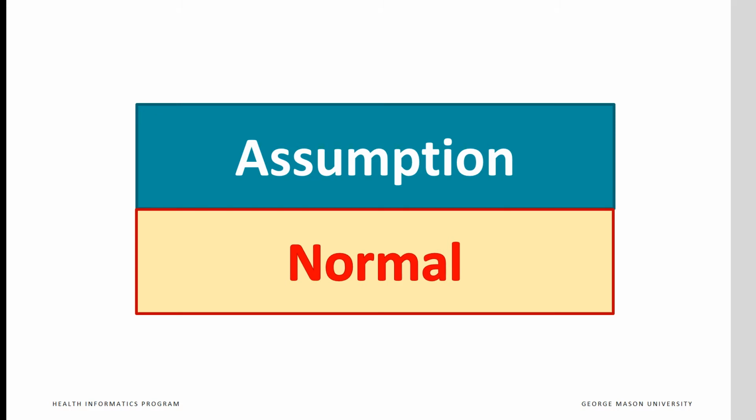The third assumption is that the data have a normal distribution. If we were to stack all the ratings, most will fall on the average rating, some on each side. A normal distribution suggests that the stack will peak on the average, slowly decline on both sides of the average, and the shape of the curve will be symmetrical. In a normal distribution, the average and the median are on the same spot.